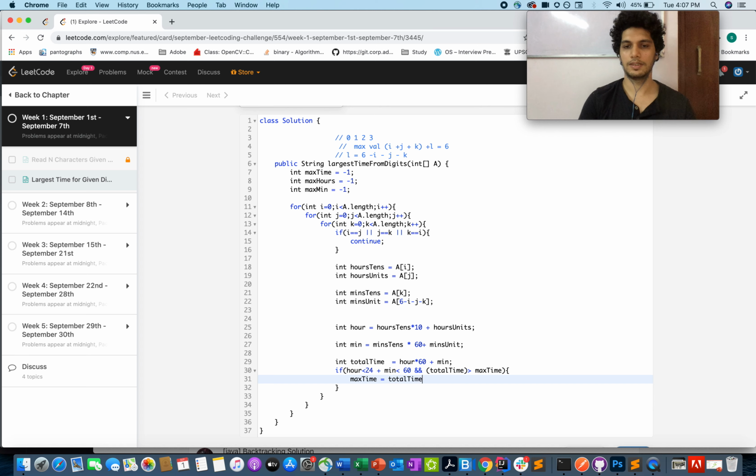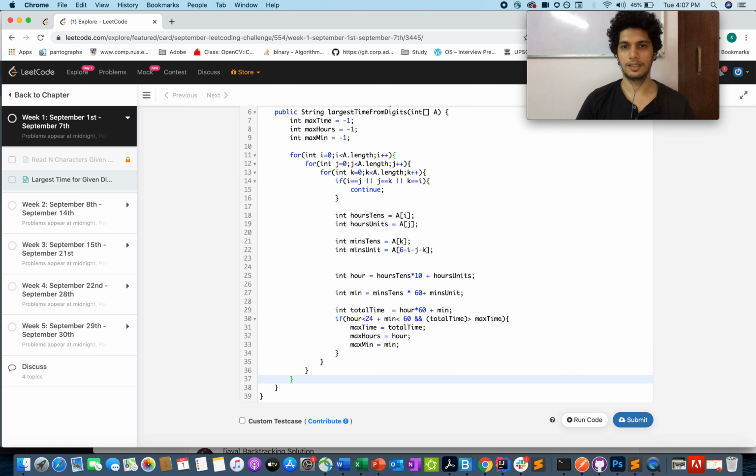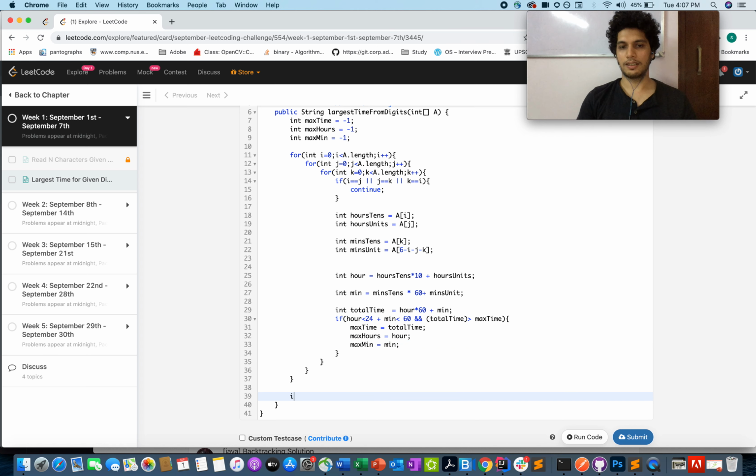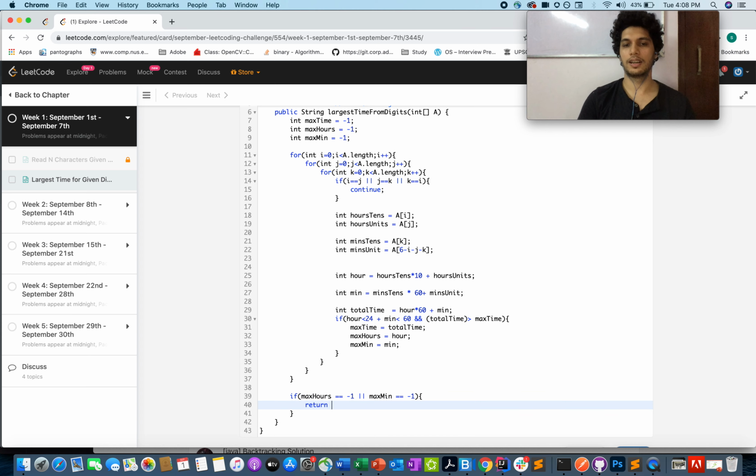Max hours would be the current hours, and max minutes would be the current minutes. We are almost done here. We just need to take another corner case into consideration.